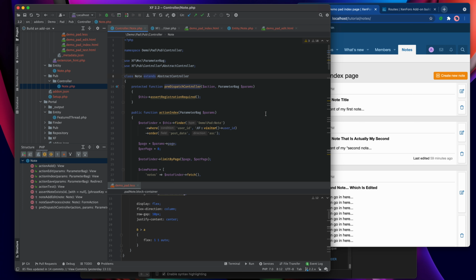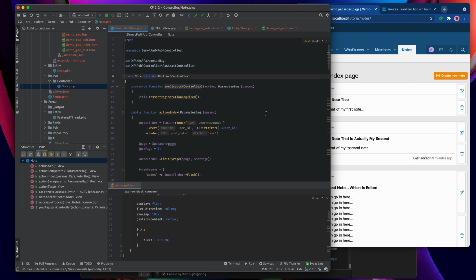You might have one add-on that extends the user entity and then another one that wants to also extend the user entity, but in order to do that it would have to extend the extension. You see what I mean? Well, XenForo has a way around that, and we call it the class extension system, and I'm going to use